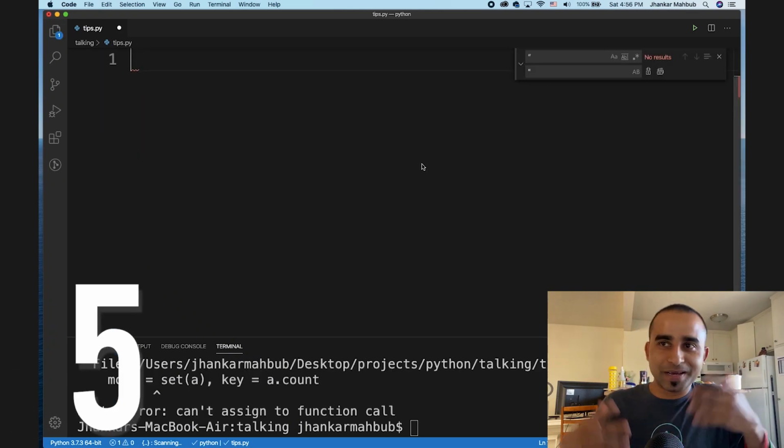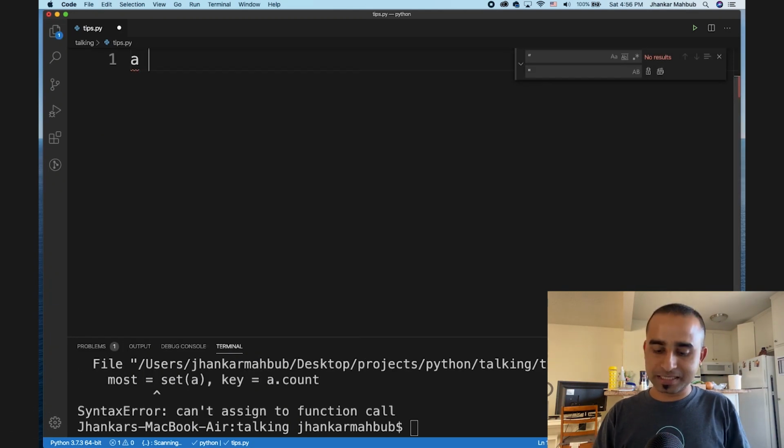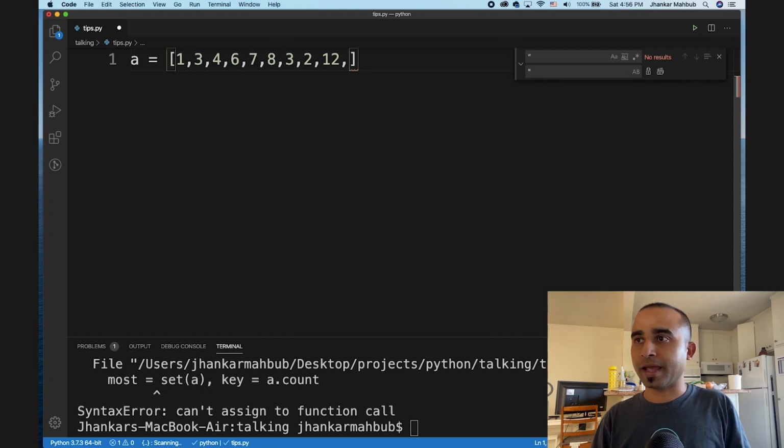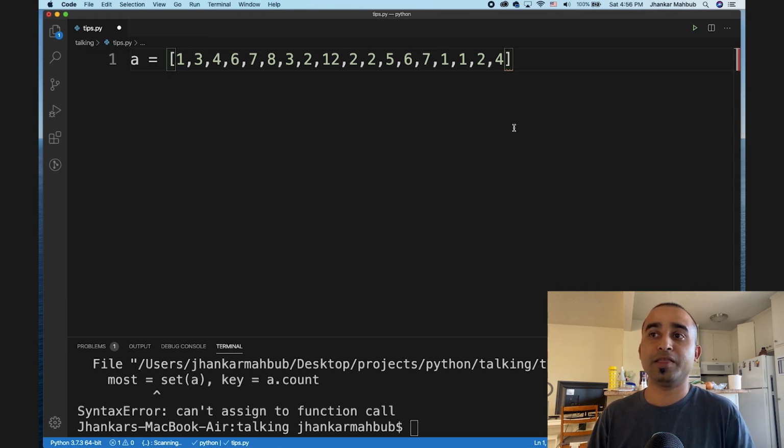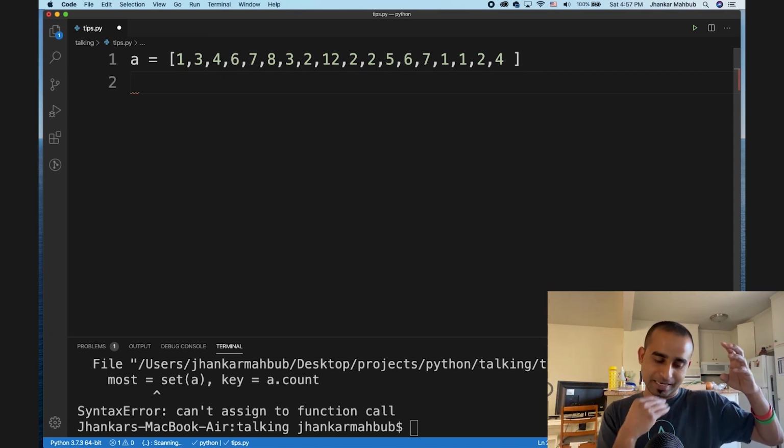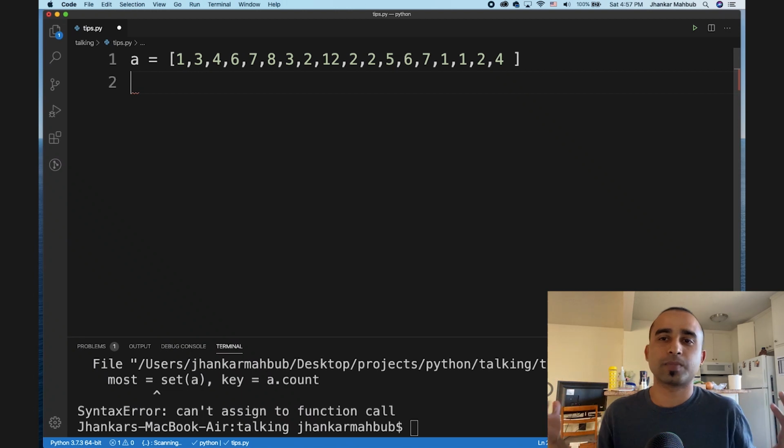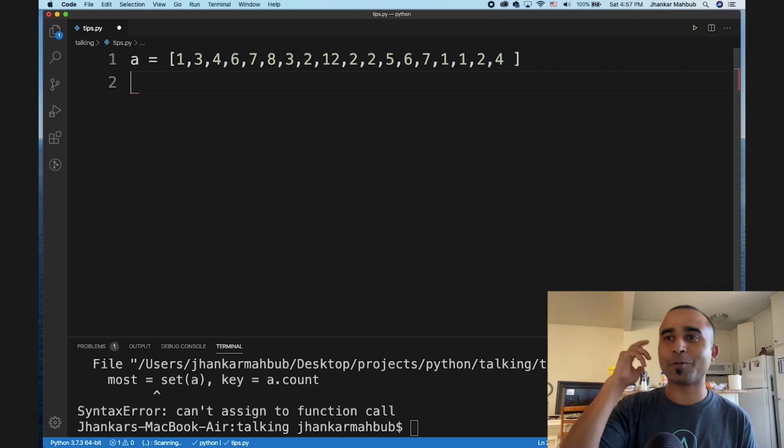Number 5 is very simple. For example, I have a list, and the list has a bunch of numbers, a lot of numbers here, and you can obviously think there could be a lot of duplicates in this list. So what we have to do here is take out the duplicates, and there are a few ways you can do it. One simple way is to loop through, create another list and insert only if it doesn't already exist there, and all this blah blah blah. But I will show you the clever way of doing it.